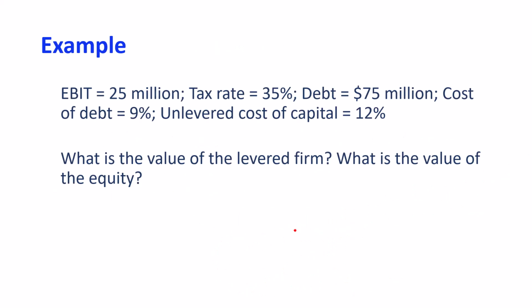So in this case, let's say we have 25 million in earnings, 35% tax rate, debt is 75 million, cost of debt is 9%, and the unlevered cost of capital, which is RU, is 12%. So what is the value of the levered firm and what is the value of the equity? To calculate the value of the levered firm, we need the value of the unlevered plus debt times the tax rate. First, we need to find the value of the